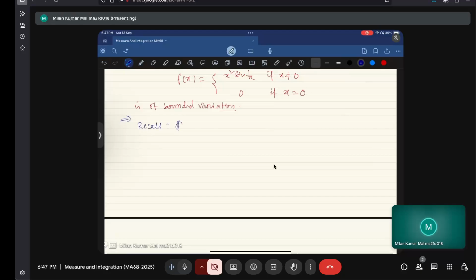Recall a real valued function f from a to b to R is said to be of bounded variation if